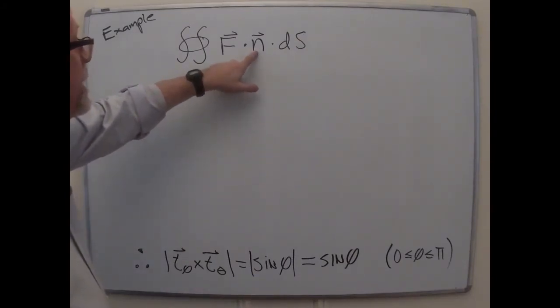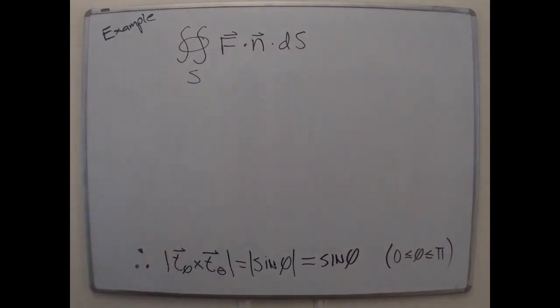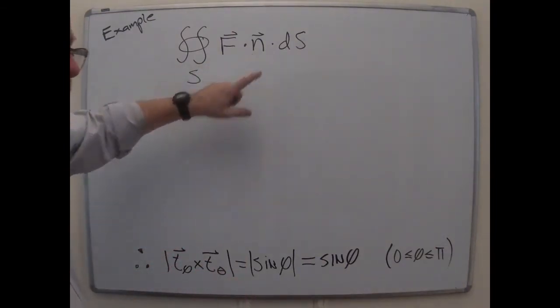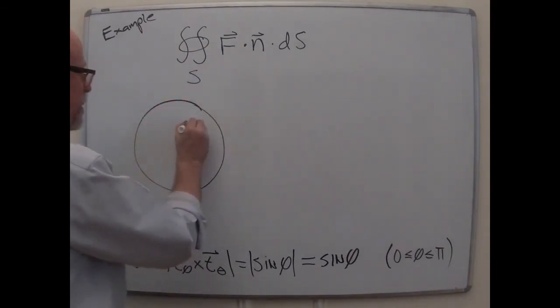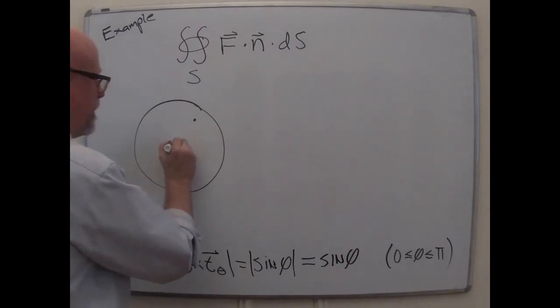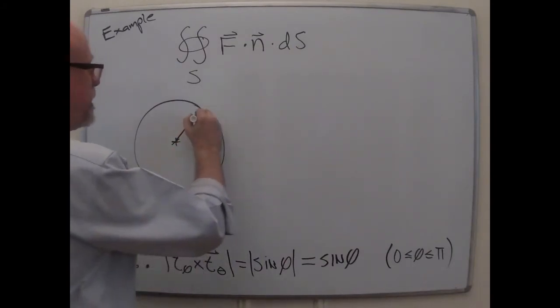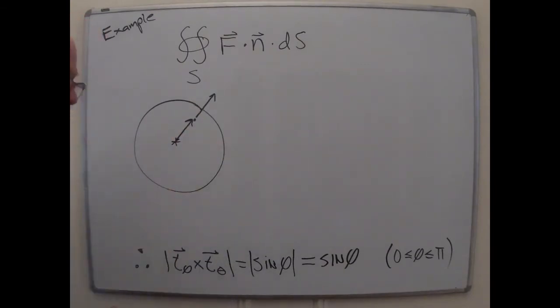So n is really easy, and F is really easy in this case because F is the vector field xyz, and n is also the vector field xyz because, just think about the geometry of this. If you're at a point on the surface of the sphere, that vector xyz gives you your location on the sphere, and the same vector gives you which way is out, the outward normal on the sphere.